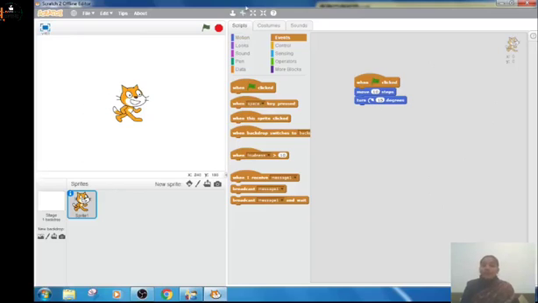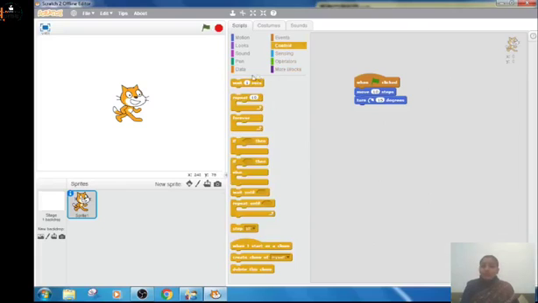And if you want to stop, you click the stop button. This is the stop button, the red button at the top right corner. When you press this, only then the actions of the sprite will stop if it was started by the green flag, okay. Have you understood the function of this block, when green flag clicked?